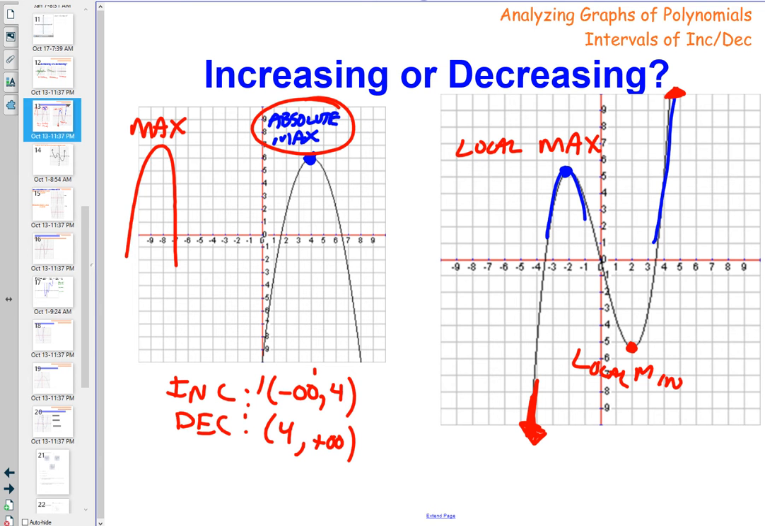Does it have an absolute min? Why not? Why does it not have an absolute min? Because it'll go down forever, yeah. The only way that you can have an absolute max or min is if your end behavior is in the same direction. If I had a graph that did this,